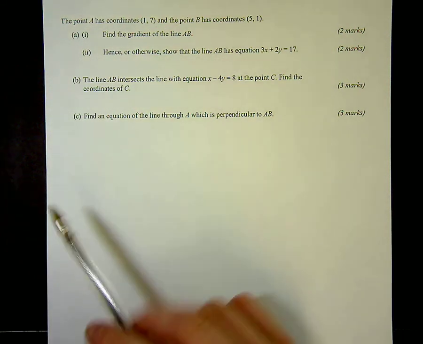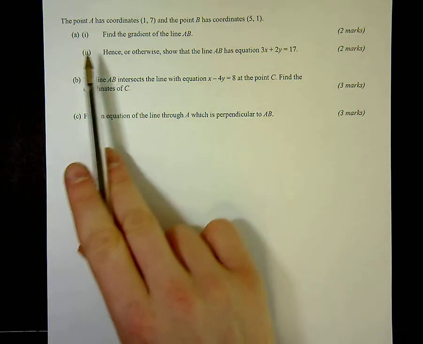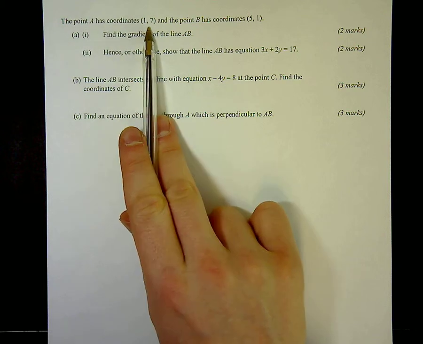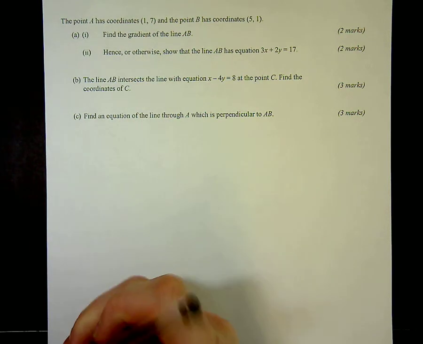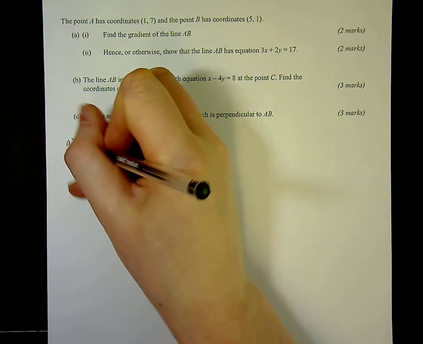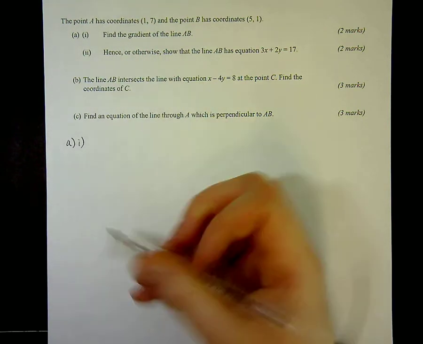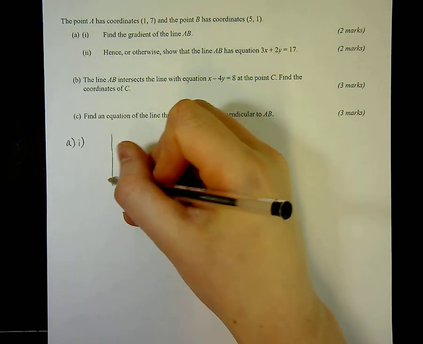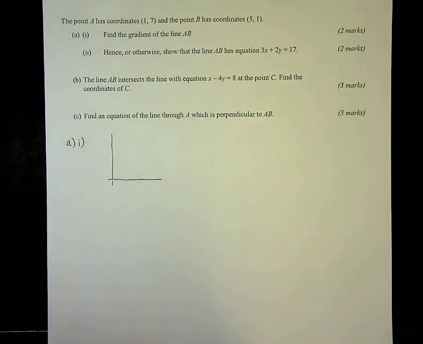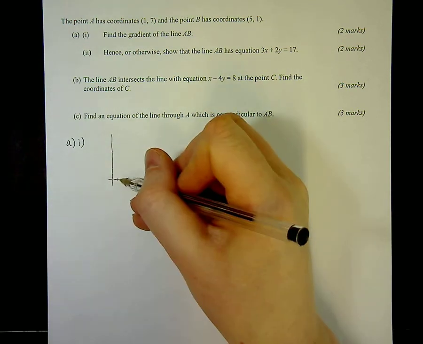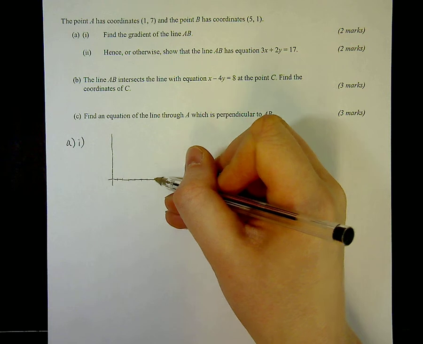Okay, we're looking at a coordinate geometry question involving straight lines, going through two coordinates here, which I'm given: 1, 7 and 5, 1. The first question, A part 1, asked me to find the gradient of the line AB. Now, it can be useful for these to do a quick sketch if you're not given one to start with, so I'll just do a rough sketch of it using two axes here,